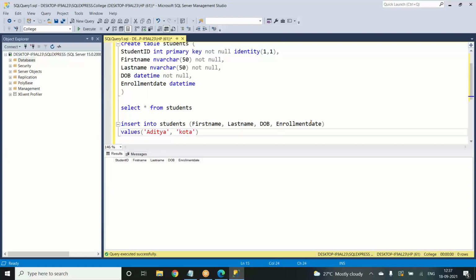Yes. Okay. And I'll just give you a random date of birth. While you're entering any kind of date, it has to be in this format only: the year, the month, and the date.